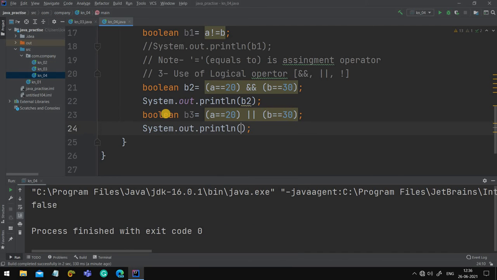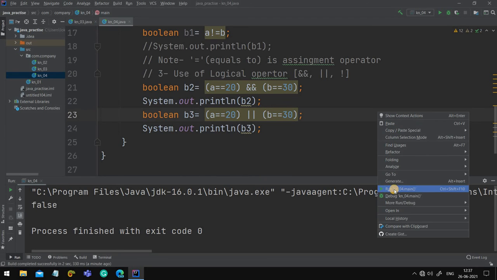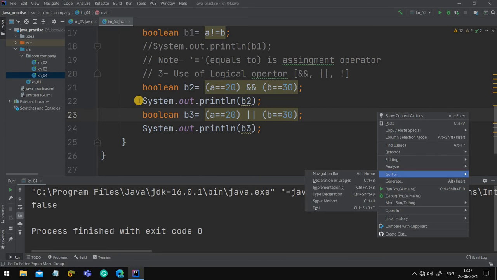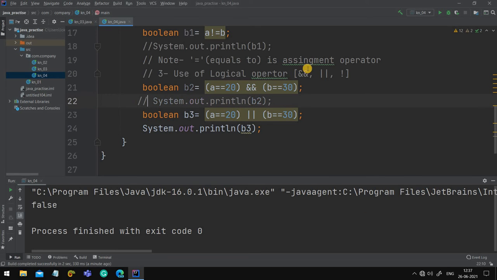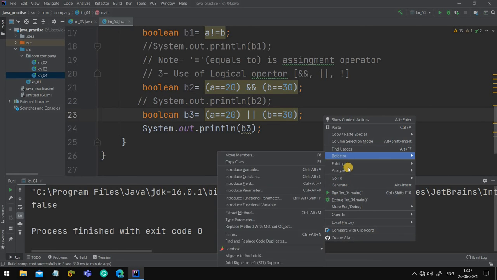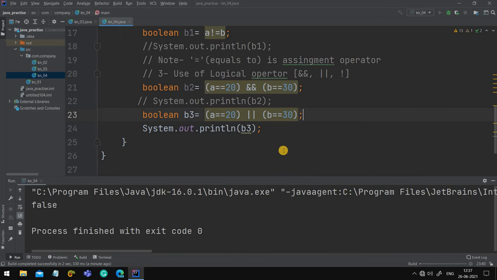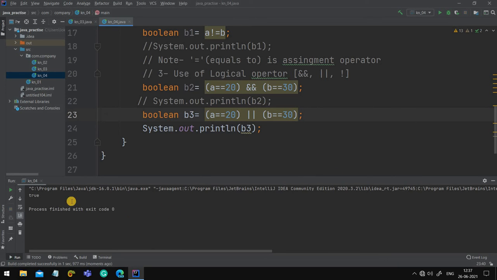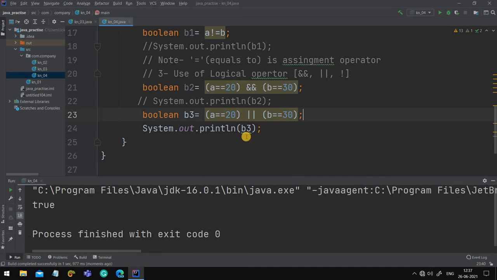And let me print it. Now let's see what's the output. Let me comment it out, otherwise you will have confusion. See, the output is true, because both the conditions are true.